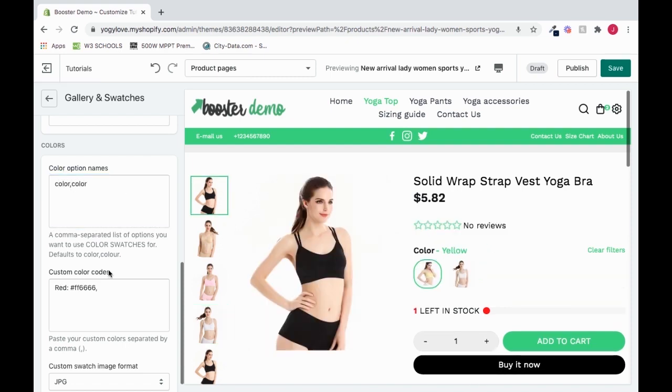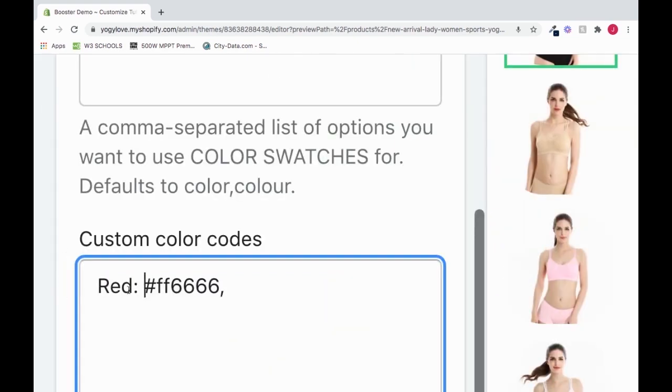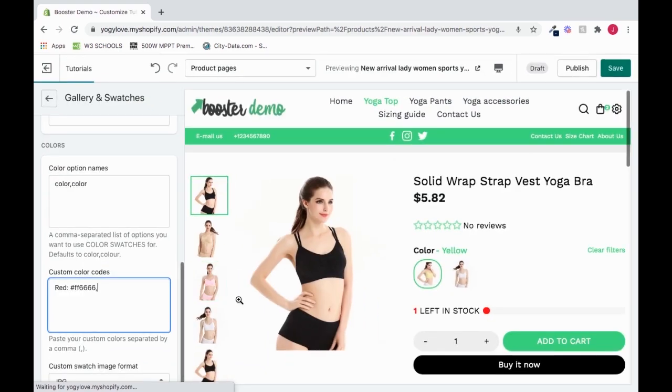For the custom color codes, I could also set a custom color code using hex code values, right? So I have the name, colon, hex code values. I'll zoom in so you can see, right? So the name, a colon, and then the hex code value. And if there's multiple different color options, I will put a comma afterwards, right? So if I was saying red and then I was saying blue, let's say I gave it the same hex code value, I would separate it with a comma, you see? But since we only need this red, or we're not really needing it because we're using the default, I could remove this, and I could also remove the red. It wouldn't affect it. Remember though, that the custom color codes only apply if there is no image attached